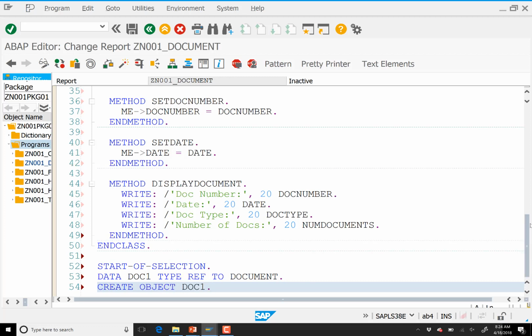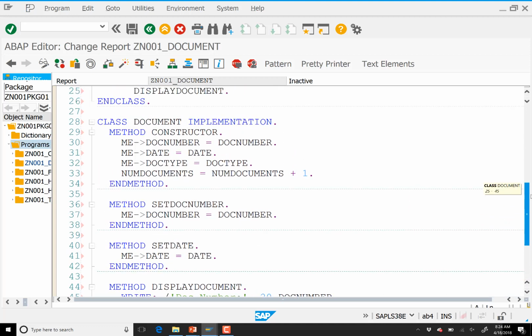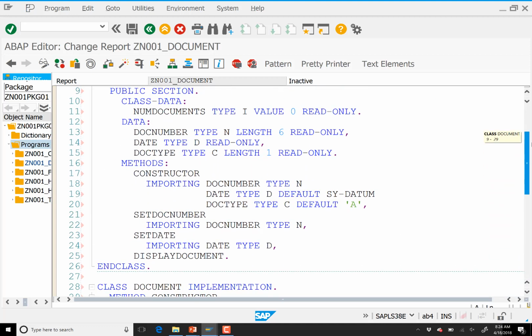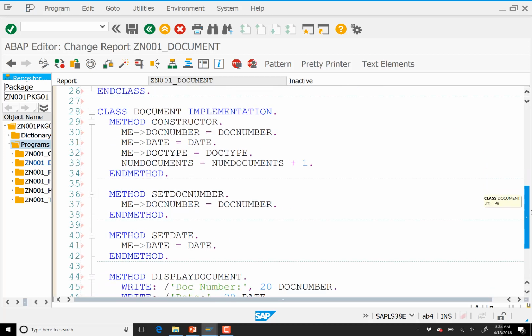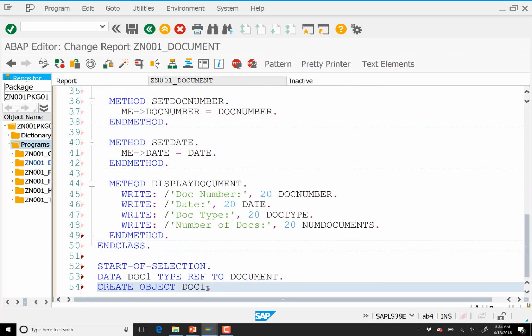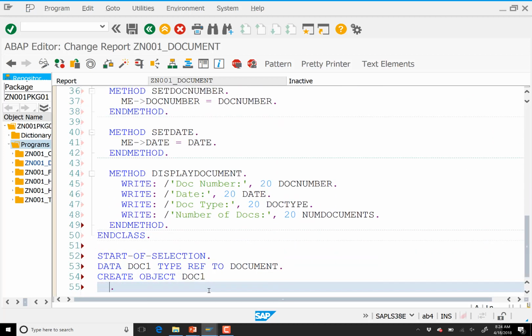Now, if we look at my constructor, we have 2 default parameters, but doc number has to be set. So at minimum, when I call this, I'm going to have to give it a document number, and so create object doc1 document number,